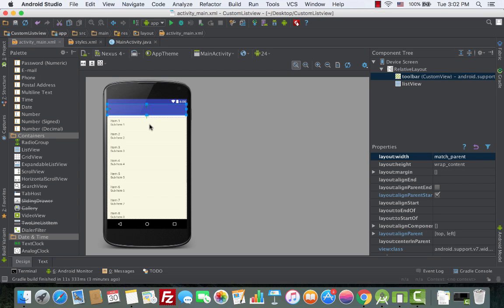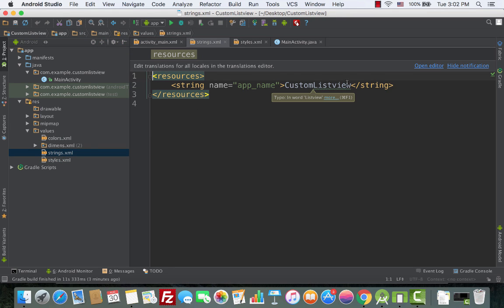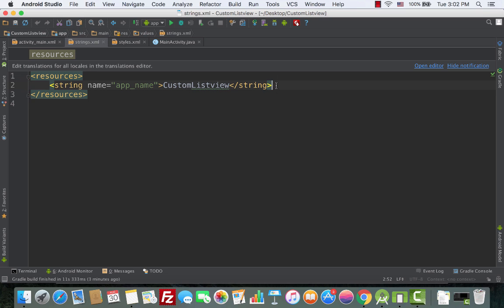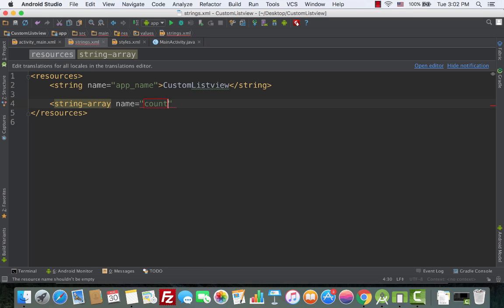Next thing is we need to add the values for the list view. So we'll open up the project, and then we'll go to the strings, and then we'll create, let me just close this, and then we'll create a string array that basically holds the list of country names. So string array, we'll give it a name of countries. Alright, so I have item, and then first one is Australia,